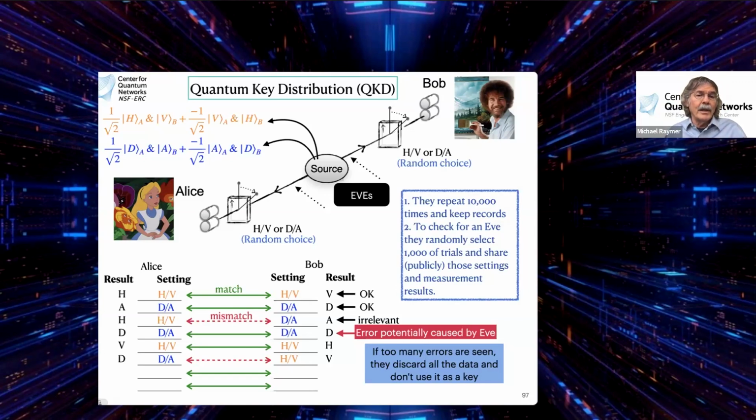So that's the first thing to realize. And so that was a very good question. What happened? What do they do if the key is not perfect? So they now have 9,000 shared key bits, but 5% of them are wrong. They're in error. How can they still use this to encrypt classical messages? Well, the answer is that this is really a question of classical computer science. If you start with 9,000 key bits, 5% of them are in error, but you don't know which ones are in error,